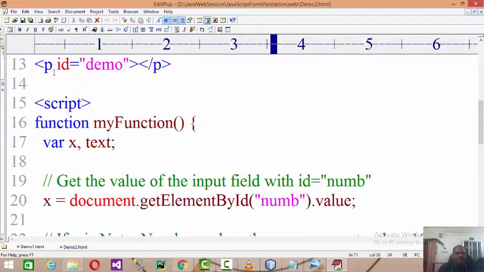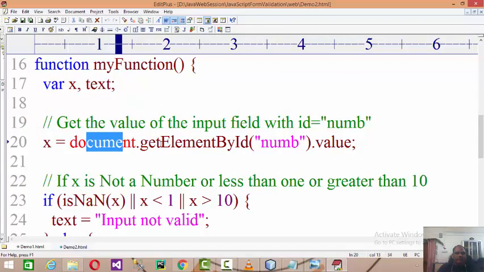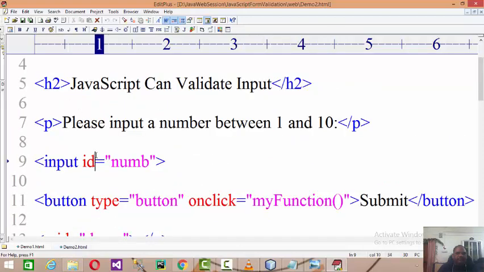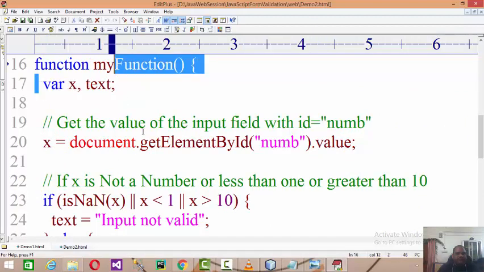So myFunction gets called over here. document.getElementById number dot value, instead of document dot form name, because every time you may not get the form over here, so you can read the value. Here we say input id equal to number, so we can read the value and store it into the variable. Here we declare the variable over here, right?